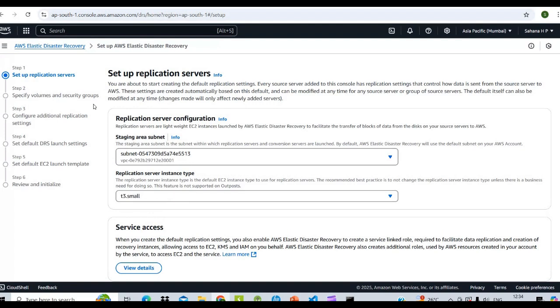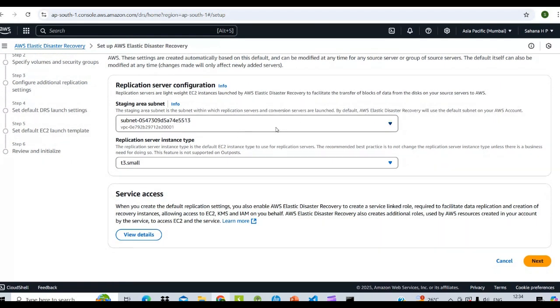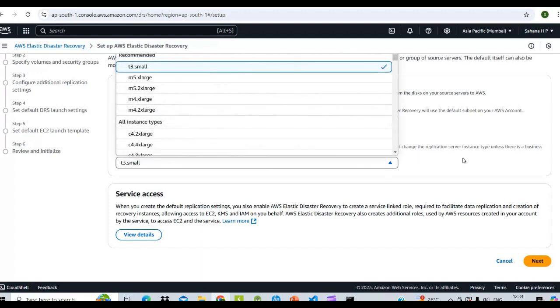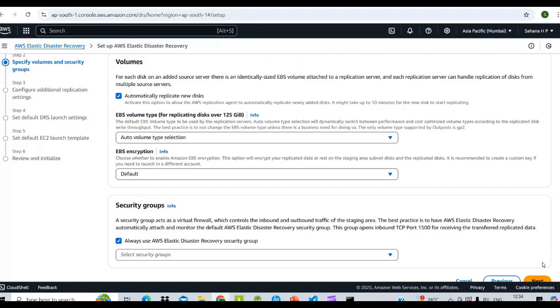Here we can see there are 6 steps to set up the replication server. It starts with the replication server configuration. It selects the subnet, and the replication server instance type t3.small is taken by itself. You can change the instance type otherwise, but t3.small is enough.